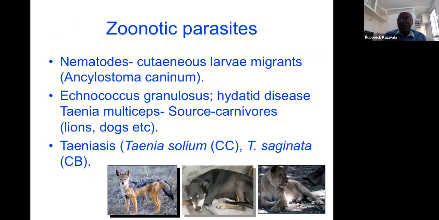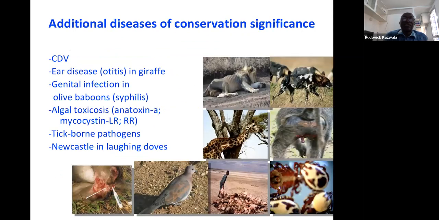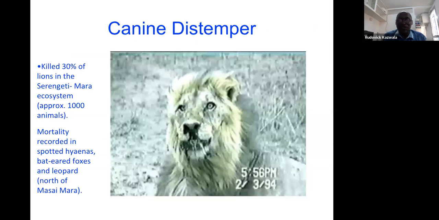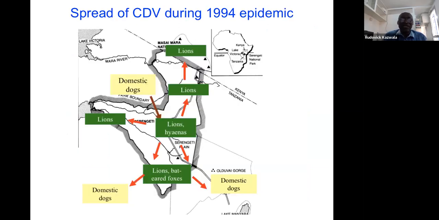Some other parasites which are of importance for wild carnivores were also part of our work, where we found them in various ecosystems. Other diseases of concern is the canine distemper virus. It also had its share on the deaths of lions in the Serengeti, but also with rabies and canine distemper for the wild dogs. This was a big problem. This is on canine distemper, and the outbreak which I reported in lions, and we had an epidemic around that time.